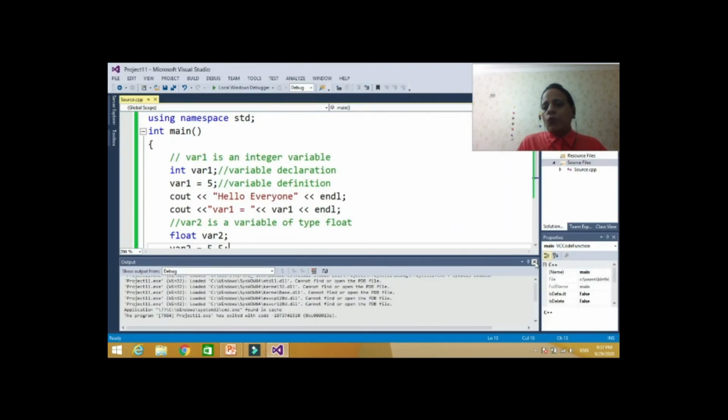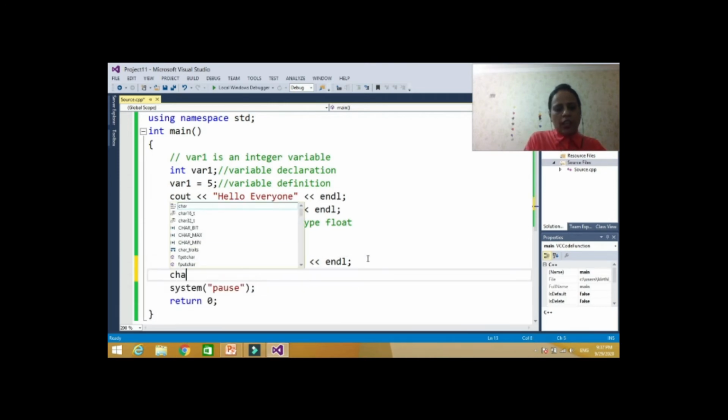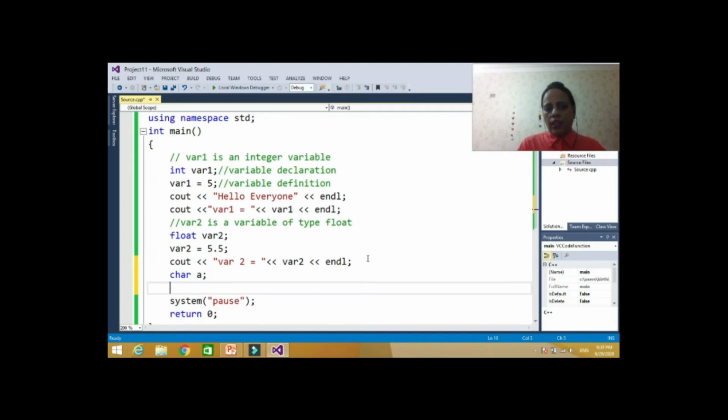Now let's say you want to declare a character variable. So let's say I write here char a. So now it means a is a character. Now when I say a is equal to, I want to assign some value to this character. For a character variable, you should assign the value in single quotes. So let's say it is a plus.